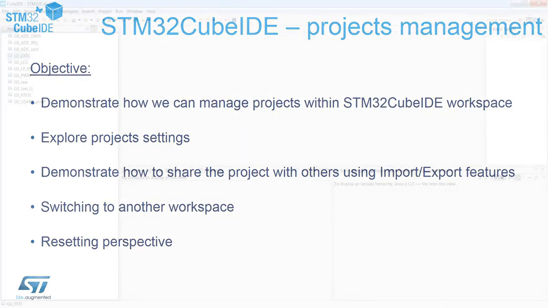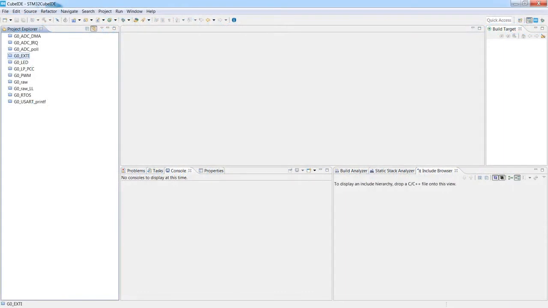Let's switch to the workspace. I would use for this demonstration purposes one of the existing workspaces. It contains all of the hands-ons which are prepared for these Cube IDE basic sessions. You can find them in the training materials in a zip file as well, so you can duplicate. Here on the workspace you can see several projects.